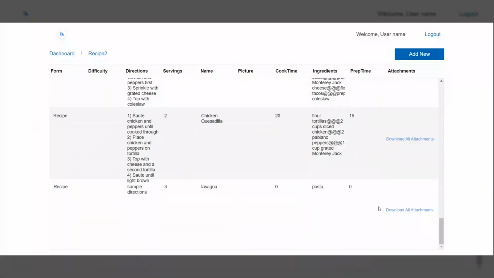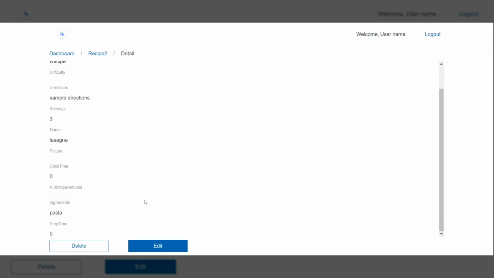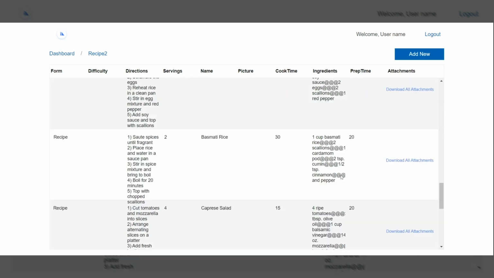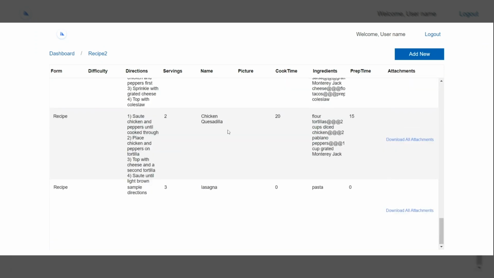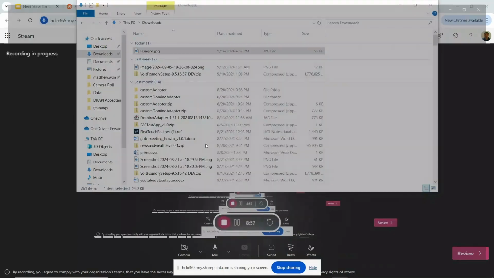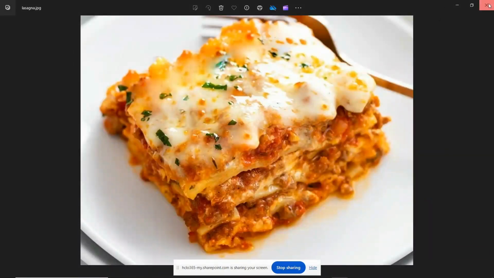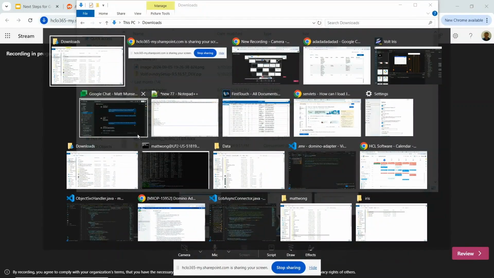You'll be able to see it here, and you can edit it, delete it, do all of what you would want from a normal application. You can even download the image back up and pull it back up, and this would be downloaded. Here you can see the image was downloaded,